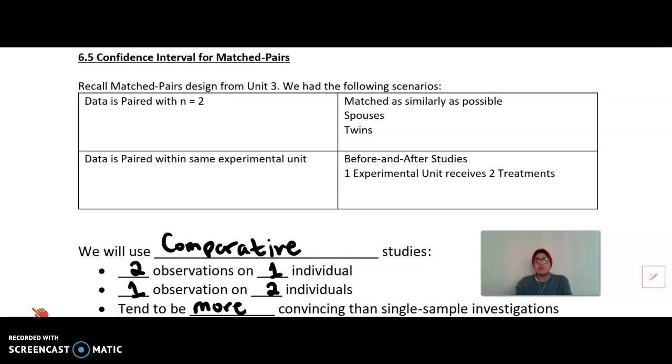Essentially, it's blocking with blocks of size 2. And we have a few options here. For example, perhaps your data is paired with 2 separate individuals. They are either matched as similarly as possible, perhaps they're spouses, twins, siblings, as similar as possible so that we can reduce the variation. Or data is paired within the same experimental unit, meaning a before and after study, or perhaps one experimental unit receives